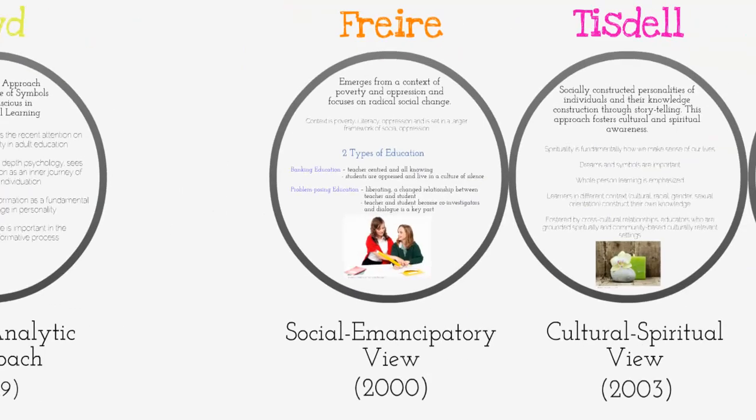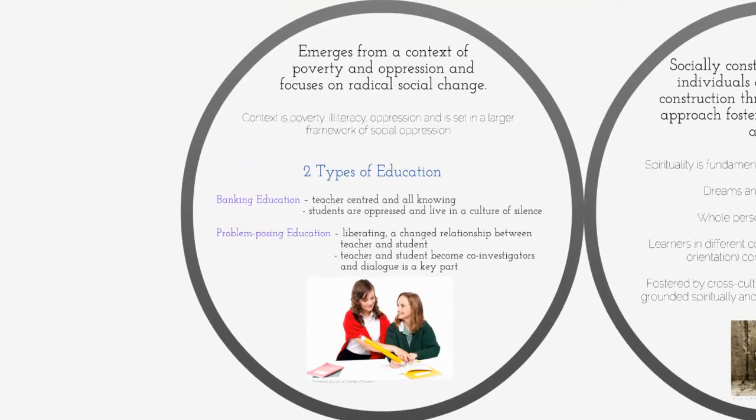Freire's was a social emancipatory approach where you want to take social action, and his work as a Brazilian educator emerged from working with farmers in the mid-20th century. The context was that poverty, illiteracy and oppression were part of a larger framework of overall social